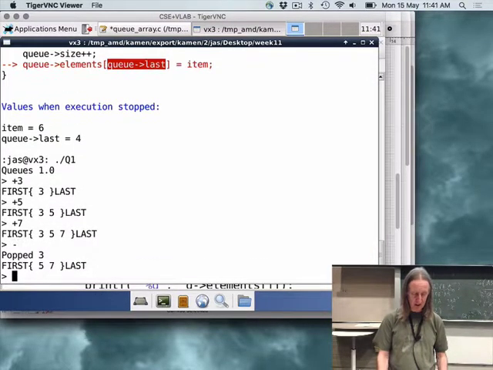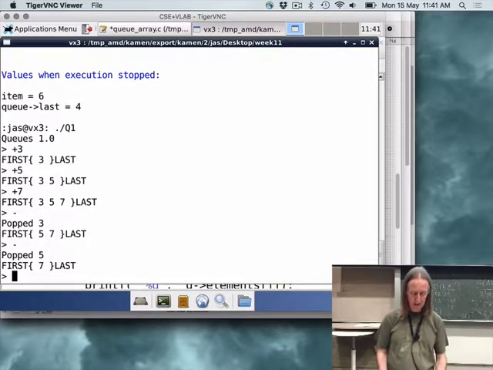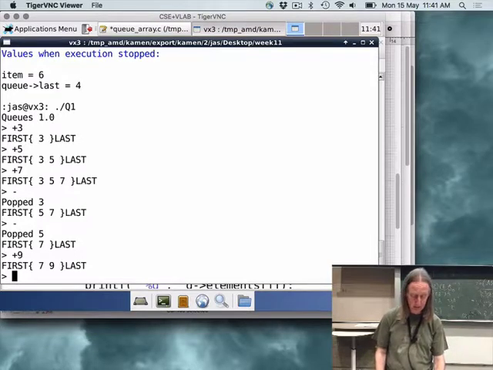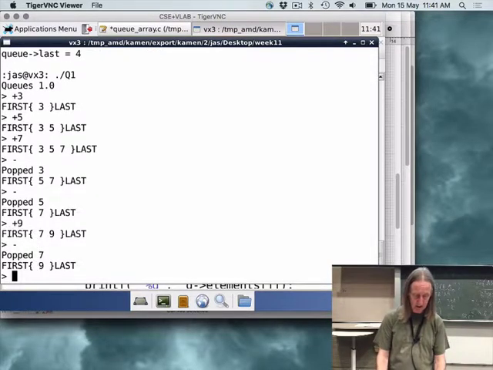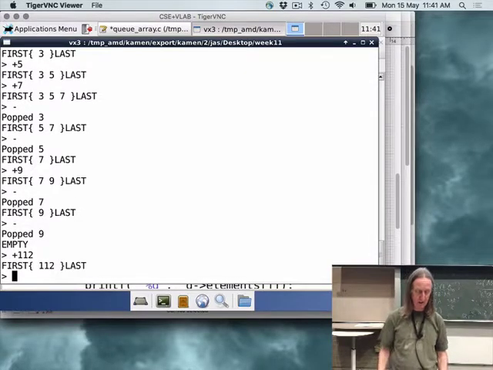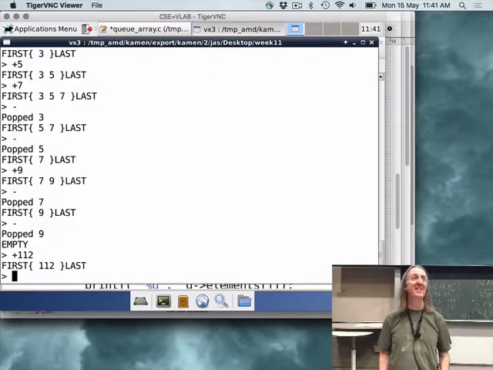and then if I go dequeue, takes it off the front, dequeue again, takes it off the front. Yeah, I can add one more. So I can add one more thing on the queue. I can dequeue will take the front, dequeue will take the front. Now I've got an empty queue. If I then try to add something else, let's add 11. Oh, it works. Oh, this one must be correct.